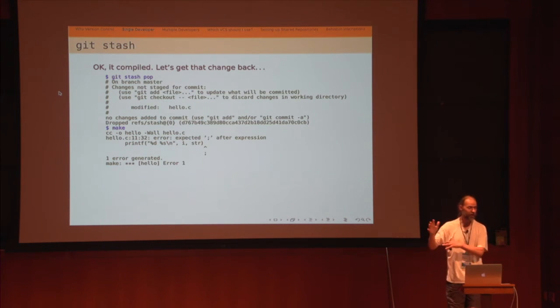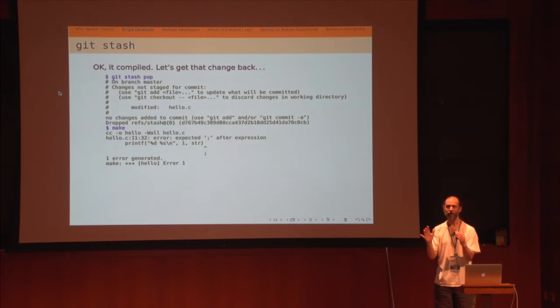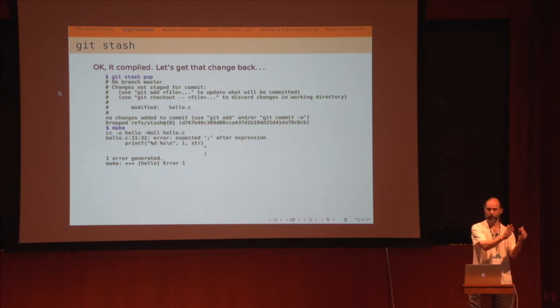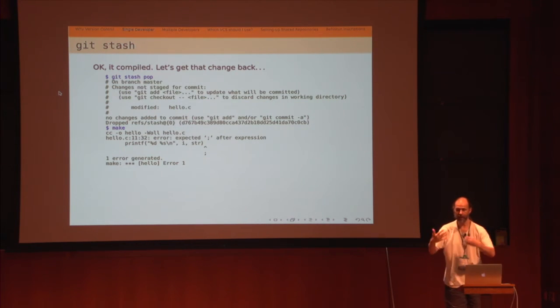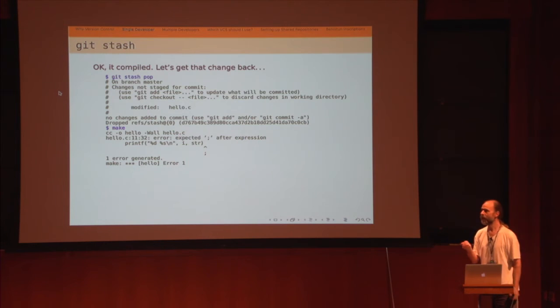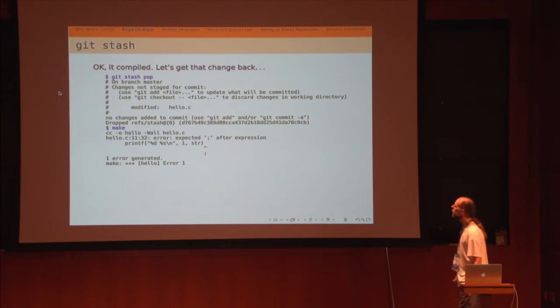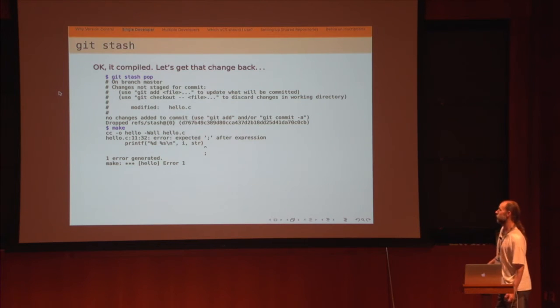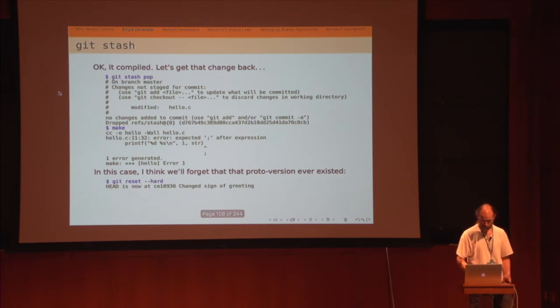So you've been working on something, it doesn't quite work, and you say, I want to go back to the last version I know worked, I want to run a few more tests. So what do you do? You make a tarball and put it in your back pocket? No, you just stash it. And you can give it a name, and you can have whole bunches of them. So this turns out to be a surprisingly useful thing to do. You do it all the time, because I do it all the time. So git stash is one of your friends.